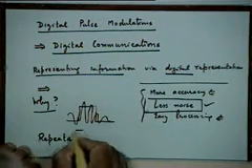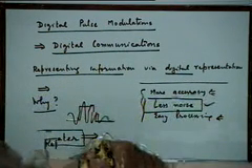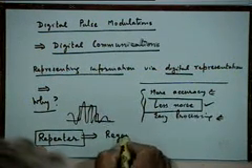Repeater in the conventional sense only meant an amplifier. The signal becomes weak, you amplify it and retransmit it, but an amplifier will not do, because an amplifier will amplify both signal as well as noise. So, a repeater here would have to be of a special kind. It will have to be what is called a regenerative repeater,